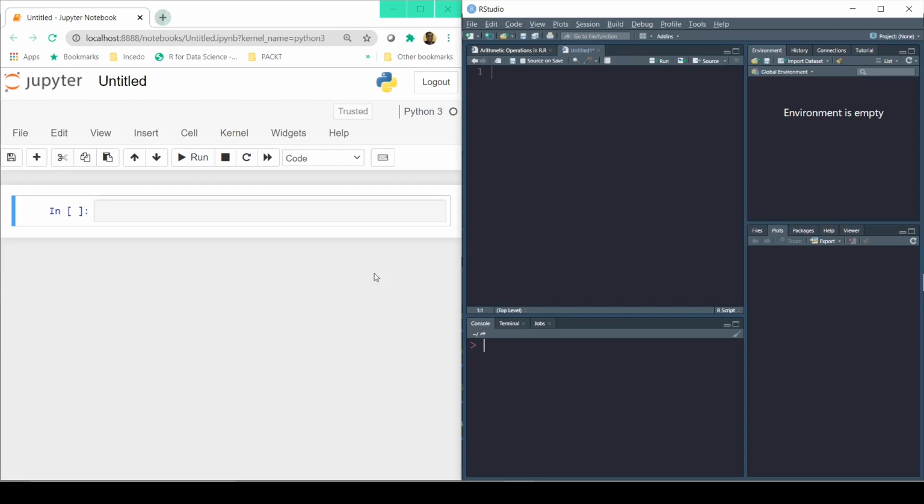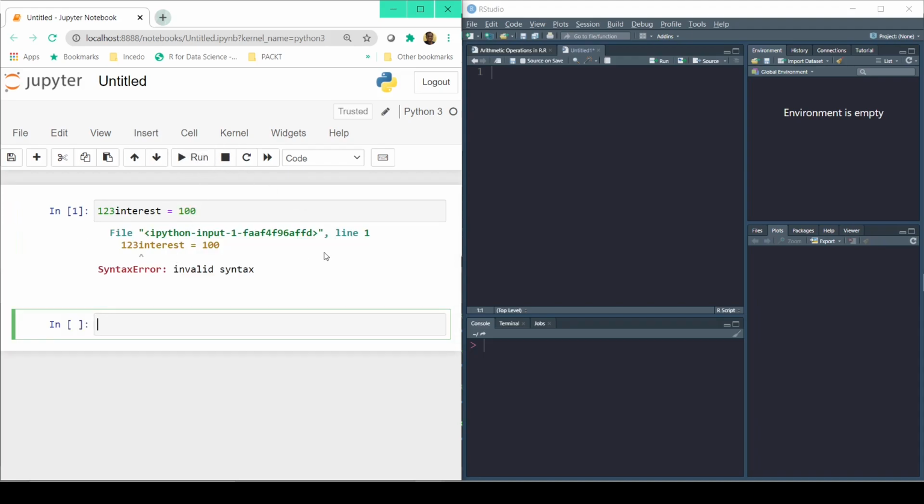This is going to be a very short tutorial on how to use variables and how not to use variables. We have already learned why we use variables. Now in this tutorial, let's learn how exactly we can use the nomenclature and how the system will not allow us to use the nomenclature. The system will not allow us to use the nomenclature if we start off with a number. For example, if I say 123 interest equal to 100, and if I click the run button, it will throw an error. So any variable name cannot start with a number.